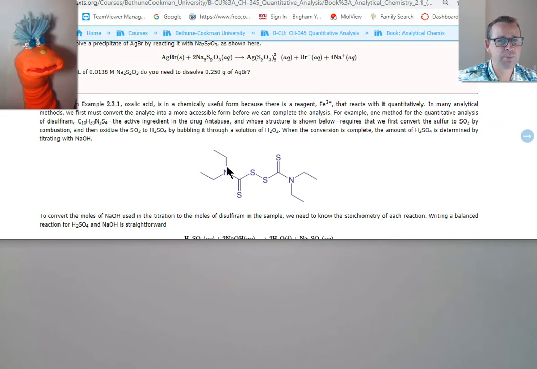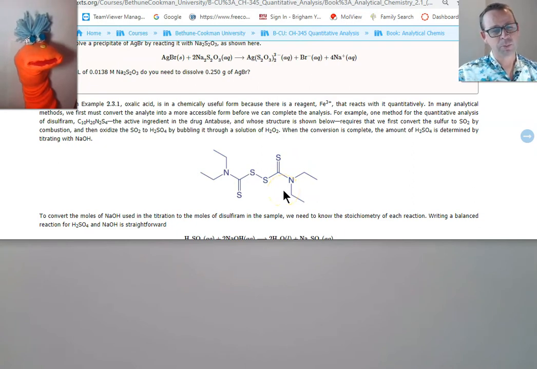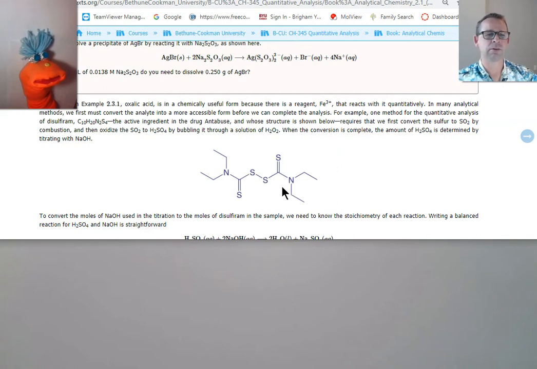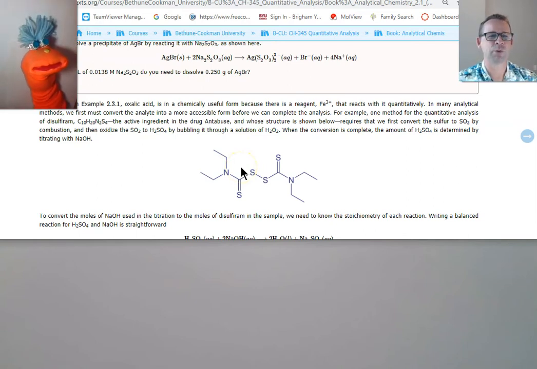Now, if you wanted to determine the amount of Antabuse in a pill, for example, to make sure that the medicines being made had the right amount, you'd have to develop a chemical reaction. You might think initially, okay, I'm going to develop a chemical reaction that interacts with the Antabuse. Think of some chemical, look at the chemical structure here. Okay, how am I going to deal with this? And you could find some way, and I'm sure a lot of literature has looked into reactions that interact with Antabuse. However, the problem is that the Antabuse itself has a stability, but the more complex the chemical reaction, oftentimes the less stable the